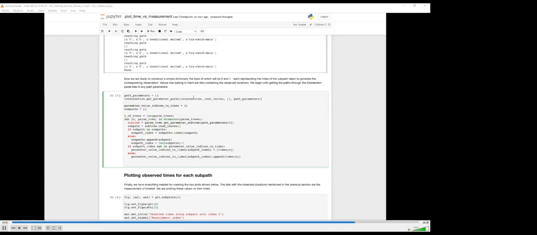So if we now look at the code that we use to figure out which path took which possible subpath through the region of disagreement, then we see that the first thing we do is to get all the path parameters from the intersection, and this will populate a list for us. And then when we iterate through the list of parse trees, we use the path parameters that we've derived and then use a method called readLeaves, and this will give us the subpath that was taken by each of the individual paths in the intersection through the region of disagreement. And based on this, we can divide up our performance data with respect to the path taken. So if I run this cell now,